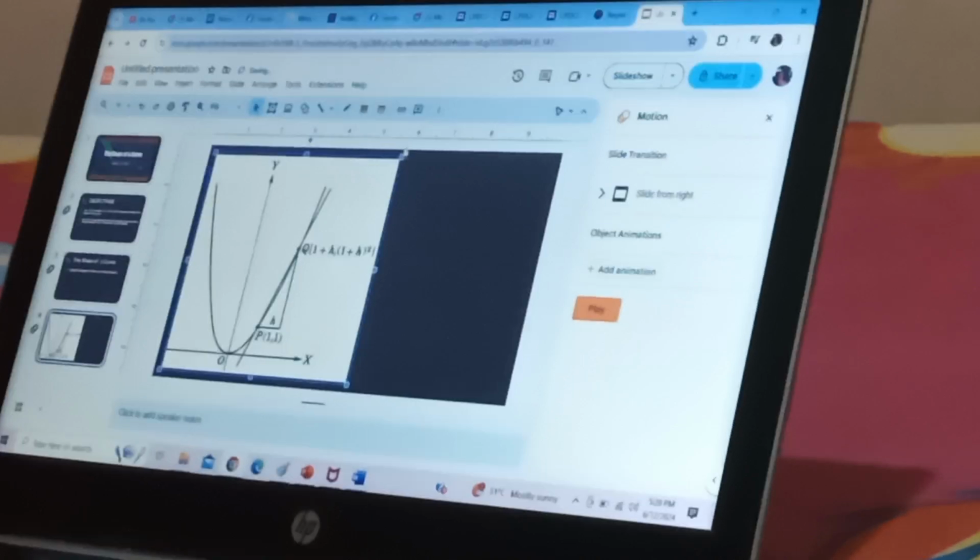To this one. Then adjust the picture through dragging. Then I will add the text box.